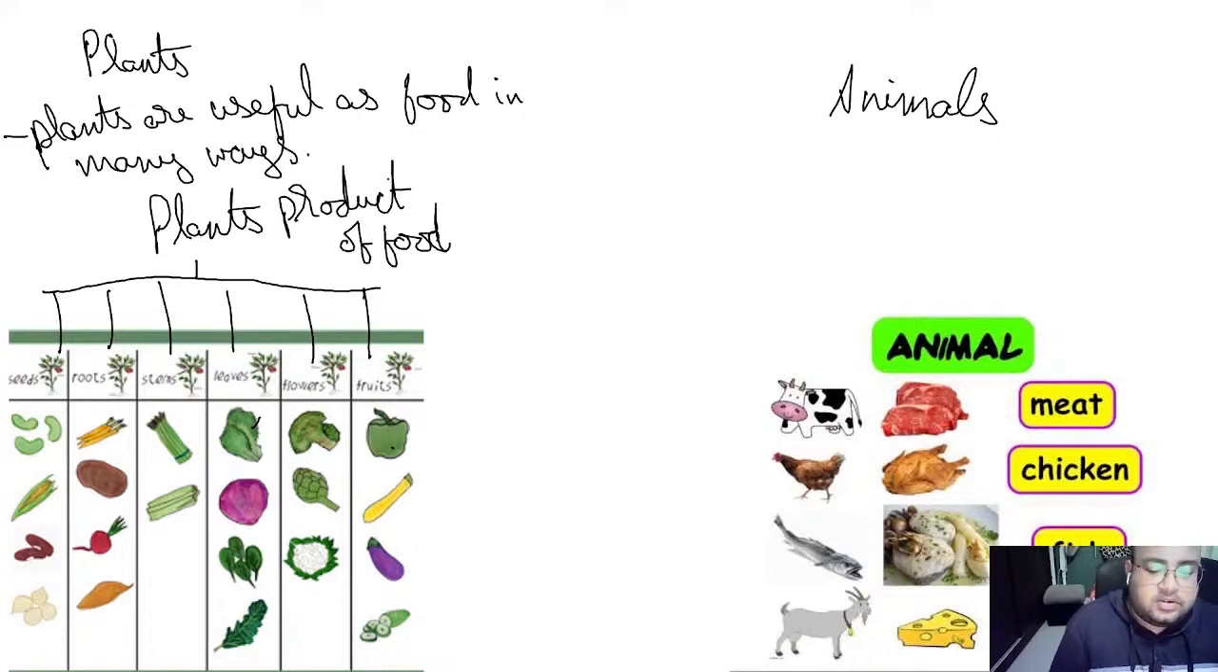Plants are useful as food in many ways. Parts of plants, products of food. You can all take down: seeds, roots, stem, leaves, flowers, and fruits. So if it comes to animals,